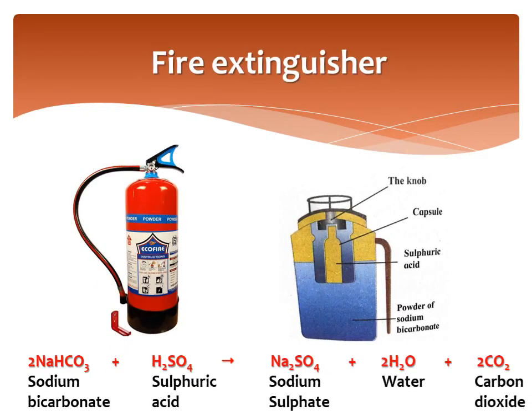Fire extinguisher. Just look at the internal structure of a fire extinguisher. A fire extinguisher contains sodium bicarbonate powder. There is also dilute sulfuric acid placed in a glass capsule. The capsule breaks on pressing the knob. The sulfuric acid comes in contact with the sodium bicarbonate and the two react chemically to release carbon dioxide, which